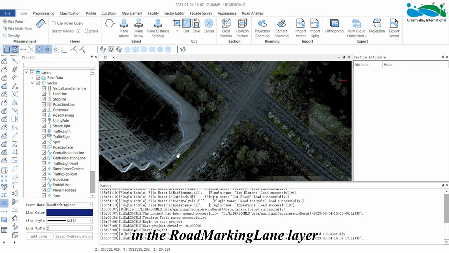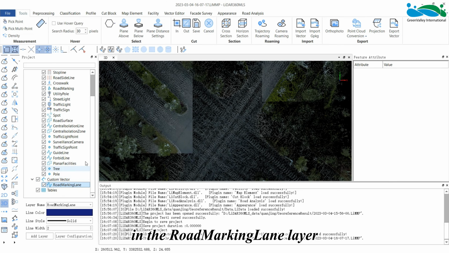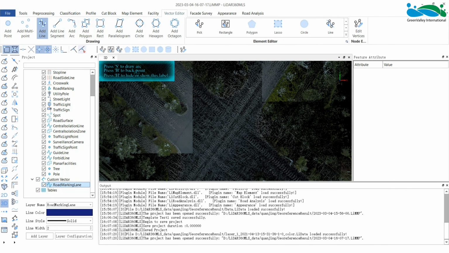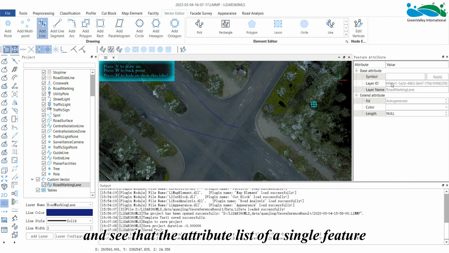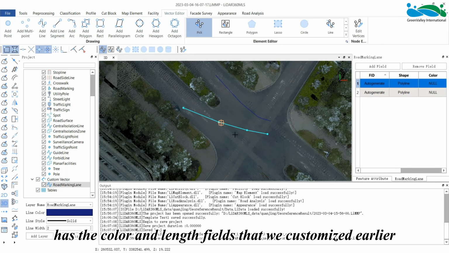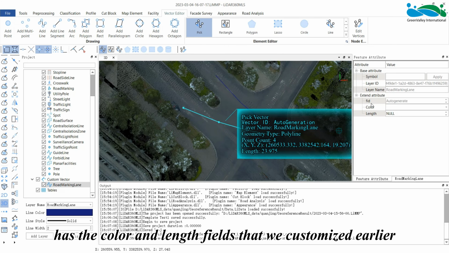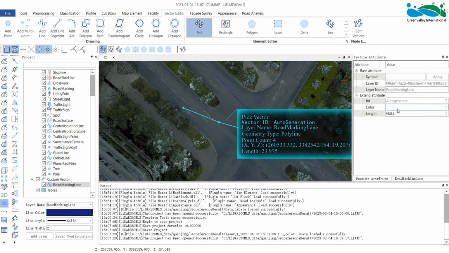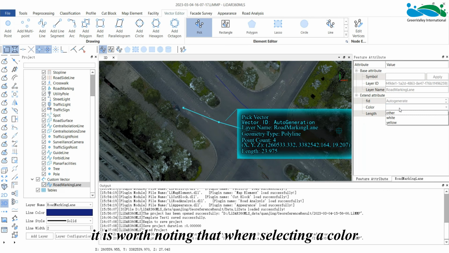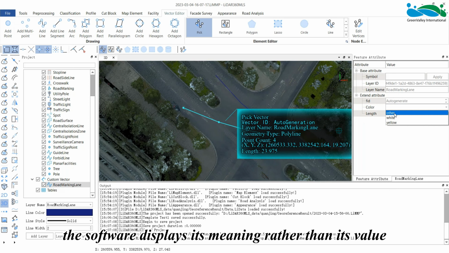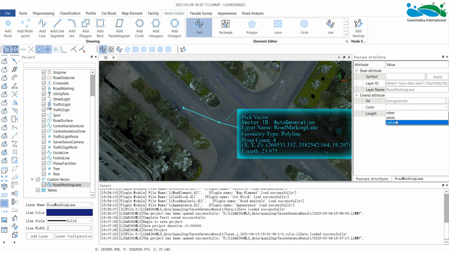For example, in the road marking lane layer, we draw some lines and see that the attribute list of a single feature has the color and length fields that we customized earlier. Regarding the color field, it is worth noting that when selecting a color, the software displays its meaning rather than its value. However, after selecting a color, the value is stored, so we do not have to worry about this.